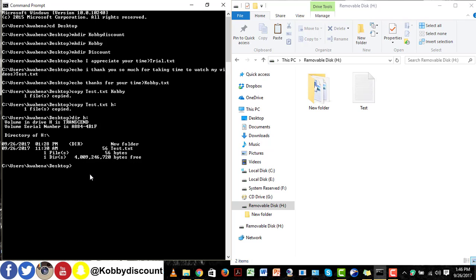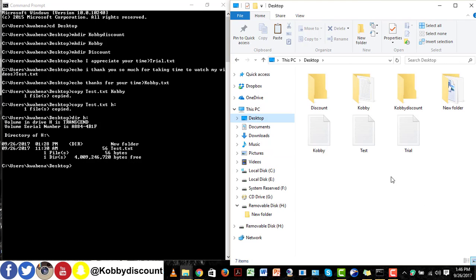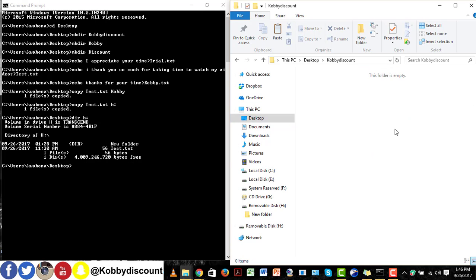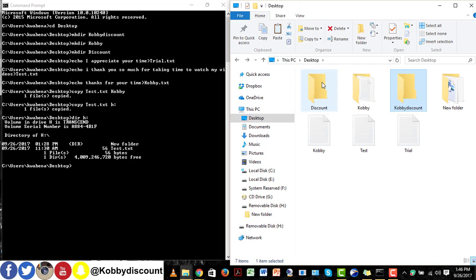Now let's learn another copy functionality. Let's go back to desktop. And now assuming you have more files in a particular folder, and you want to move the whole lot. We have 3 or 4 files in a particular folder, and you want to move all 3 or 4 files into a different folder. How do you go about that?